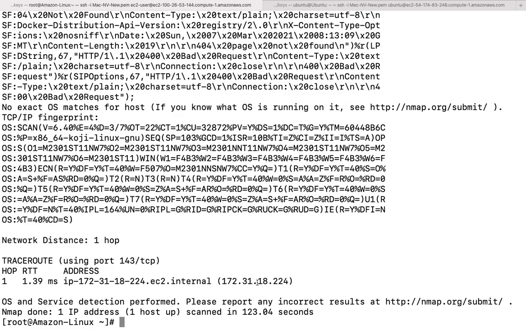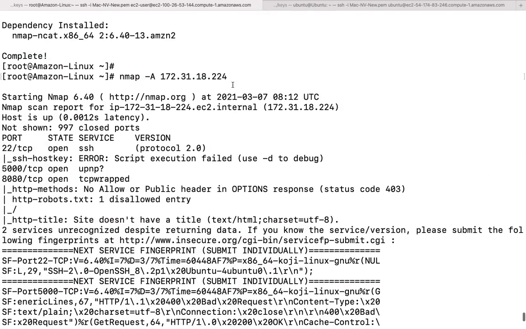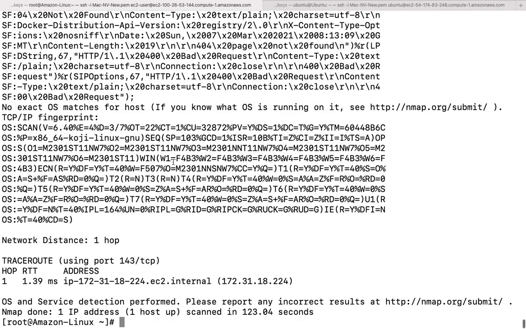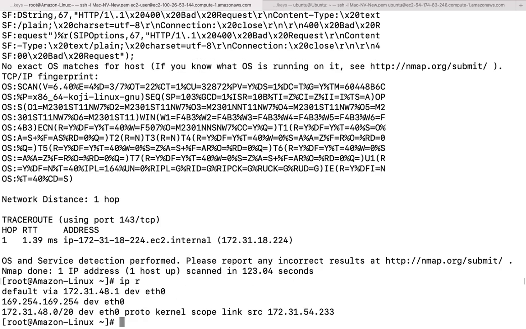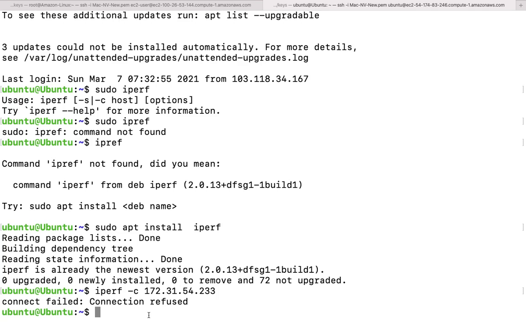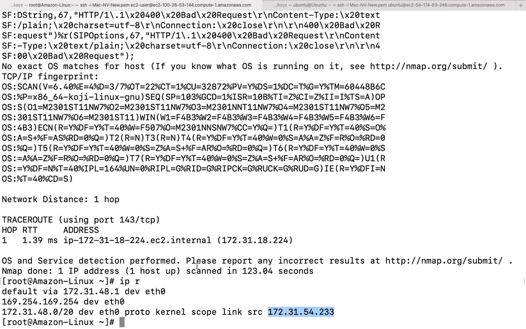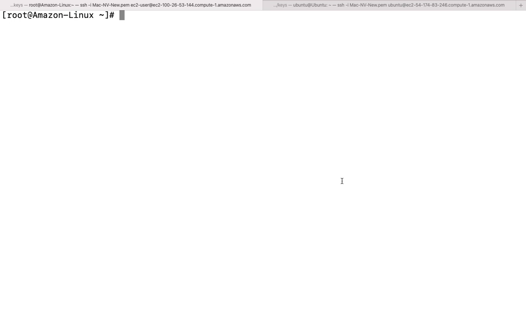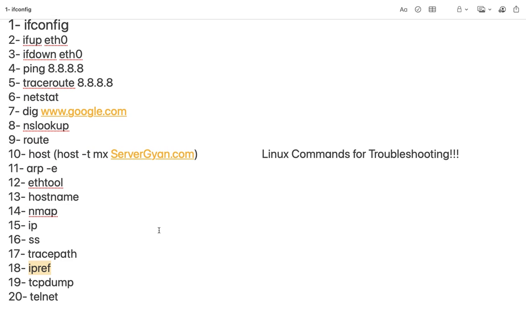See guys, we have got the information of that operating system. Although it took some time, it is able to explain which particular port numbers are listening on that operating system. Okay, so I'll define the particular IP address here. It is saying that connection refused. That particular operating system does not allow connection from this IP address. So it could be a problem of some security group on my operating system. Otherwise, you will be able to figure out what is going on.